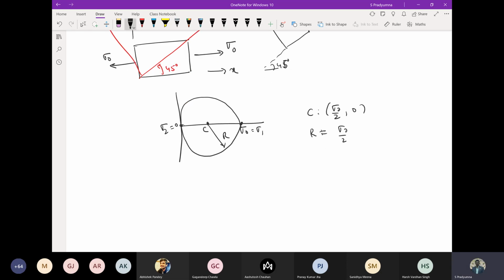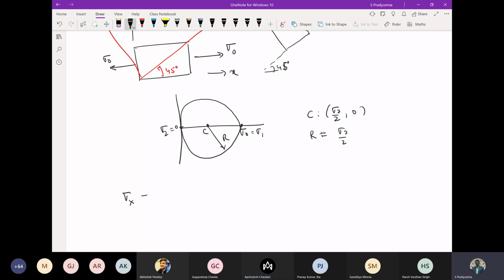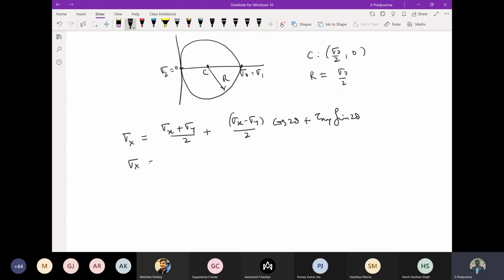Now, what are the values of sigma capital X, sigma capital Y and tau capital XY? Same procedure we follow: sigma X plus sigma Y by 2 plus sigma X minus sigma Y by 2 cos 2 theta plus tau XY sine 2 theta. I get this value of sigma X equal to sigma naught by 2, sigma Y is also equal to sigma naught by 2, and tau XY will be equal to